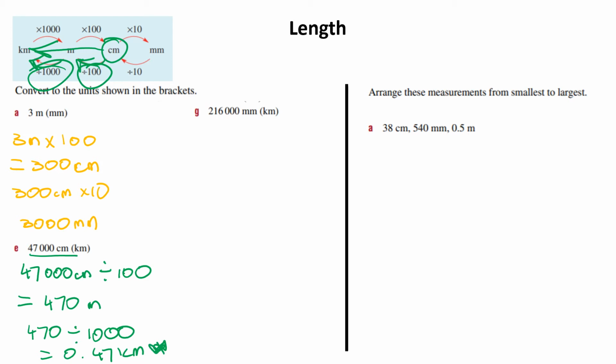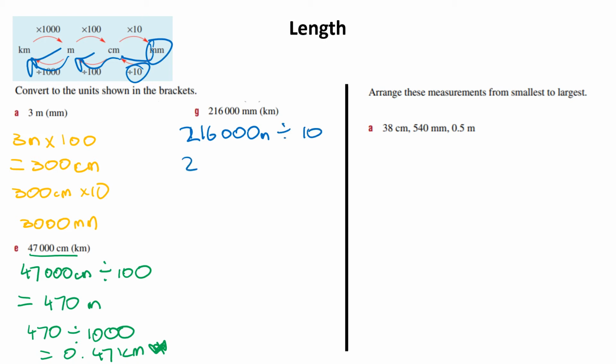And this last one is going to be 216,000 millimeters. Now I'm going to go millimeters to kilometers, so I'm going to have to go that one, divide by 10, divide by 100, divide by 1,000. So let's divide by 10, that would give me 21,600 centimeters. It's what it's going to be equal to. So if I do 216 divide by 100, that's going to give me,